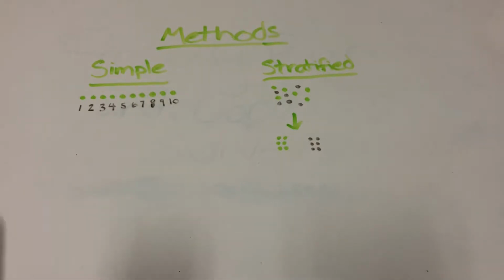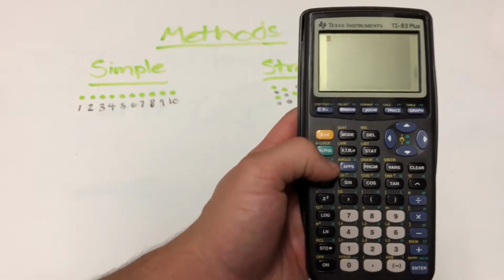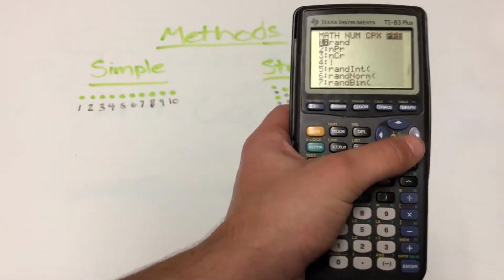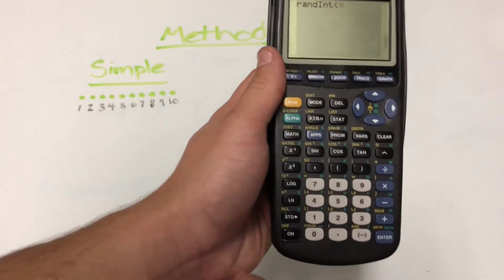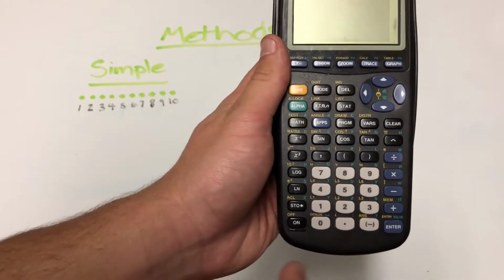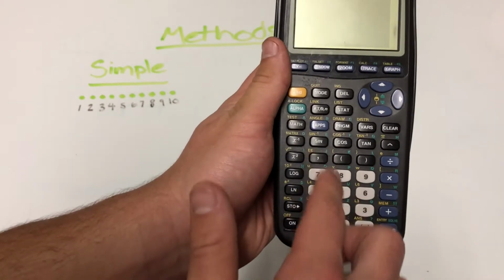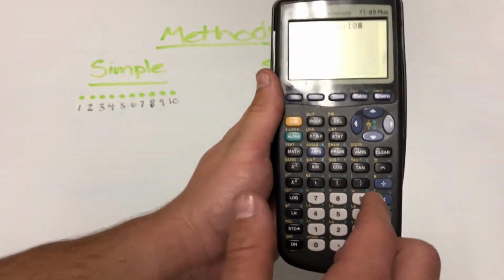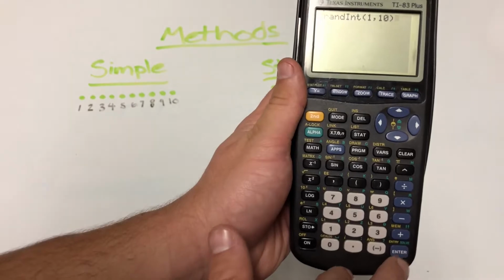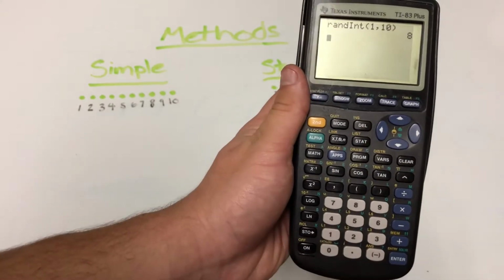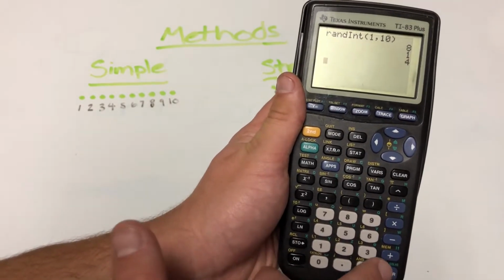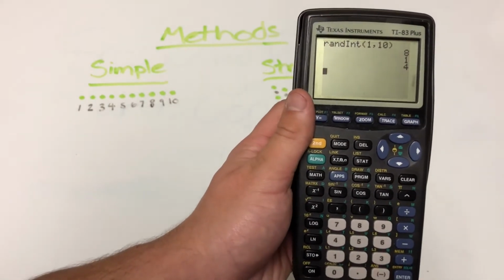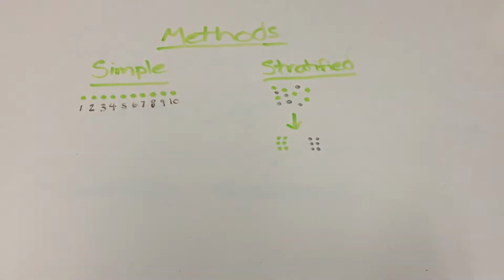the sample. So using your calculator, we will go to math, scroll over to probability, down to number 5, random integer, press enter, and then we will enter the numbers of individuals in our population, in this instance 1 through 10, and then close your parentheses and press enter. We got 8, 1, and 4. So we wanted to select 3 people for our sample, and in this instance we got individual number 8, 1,